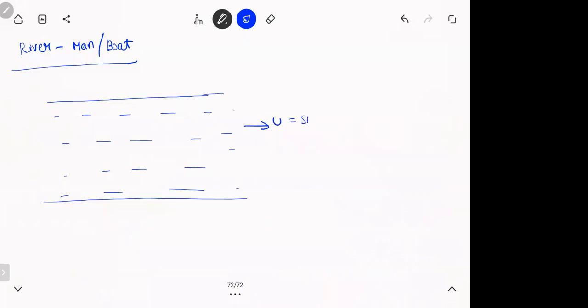U is the speed of the river. What do you mean by speed of the river? If an object